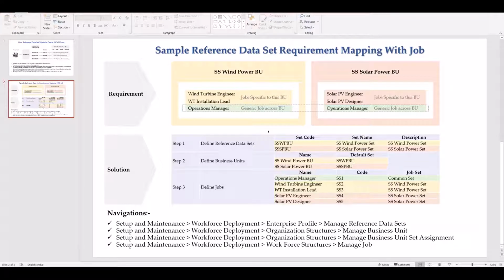As a first step, we are going to configure the reference data set.